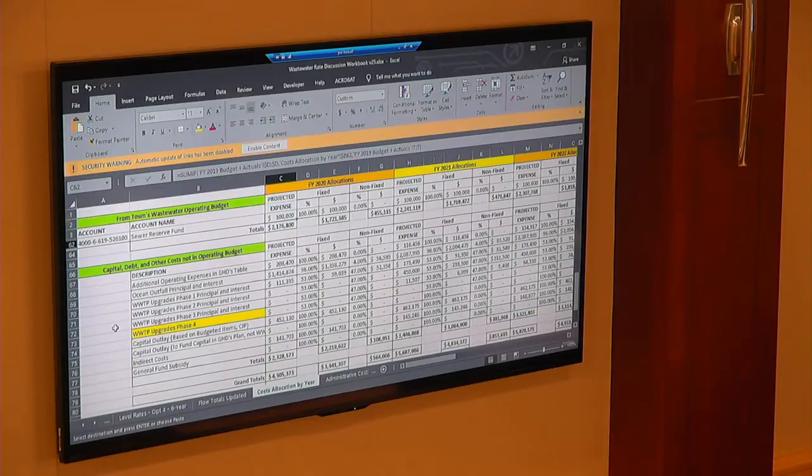But the inclining block addresses a whole bunch of intangibles. As the use goes up, more money goes into the system to pay for it. It's the same water, the same sewer, same everything, but it goes up, and the factors go up by 10 to 1, 8 to 1, 7 to 1. It's very dramatic within the residential commercial space, and industrial space gets even more. But in this case, since we don't have inclining block and we have a singular cost per gallon, so to speak,